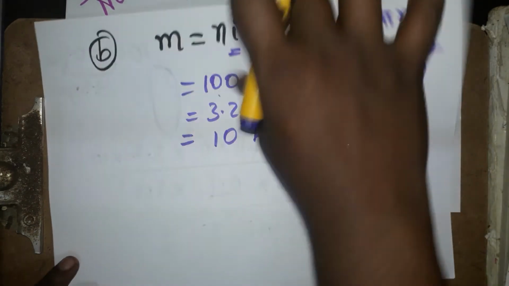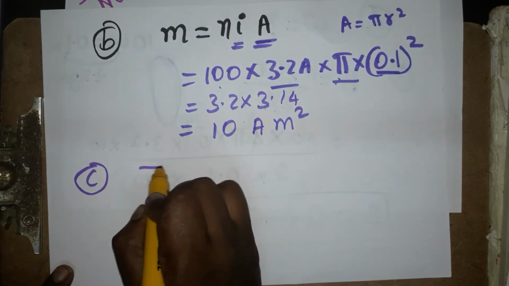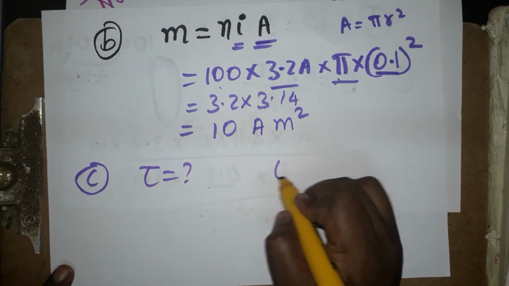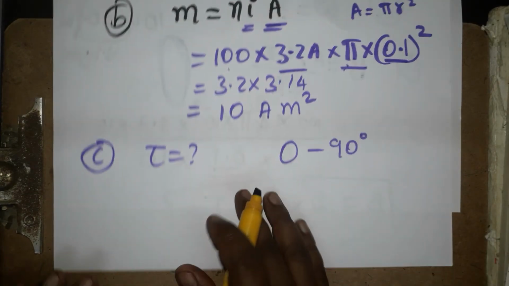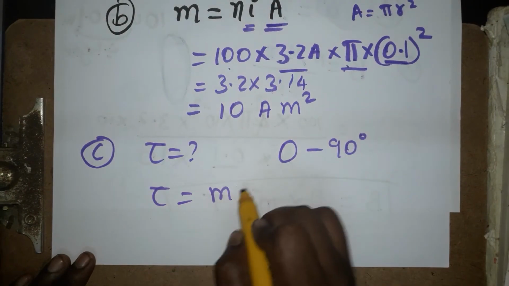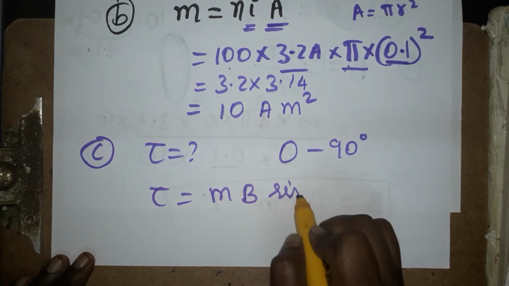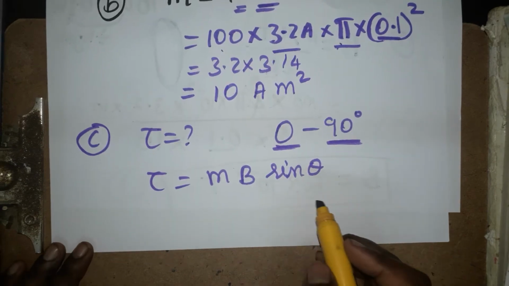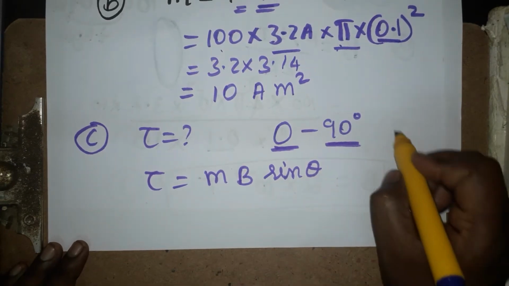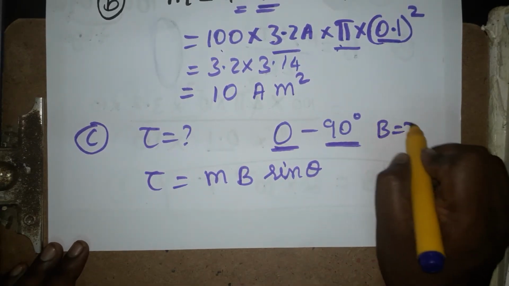Okay, C question. What is the C question? The torque is asked when the coil is rotated from 0 degree to 90 degree. What is the torque formula? Torque is equal to mb sin theta. It's very simple. Now theta goes from 0 degree to 90 degree, from minimum to maximum, with the applied magnetic field of 2 Tesla, which is given in